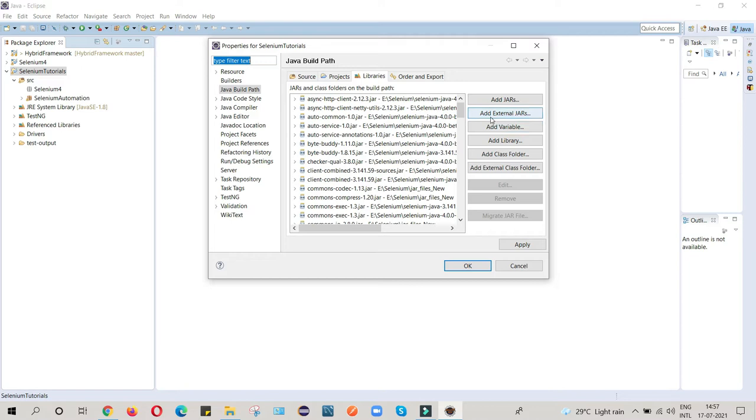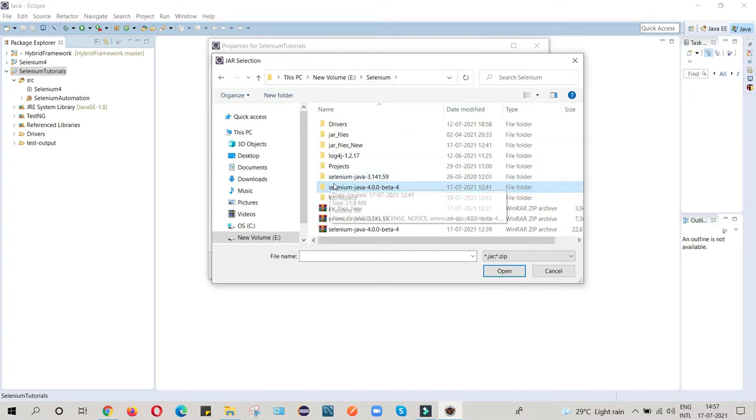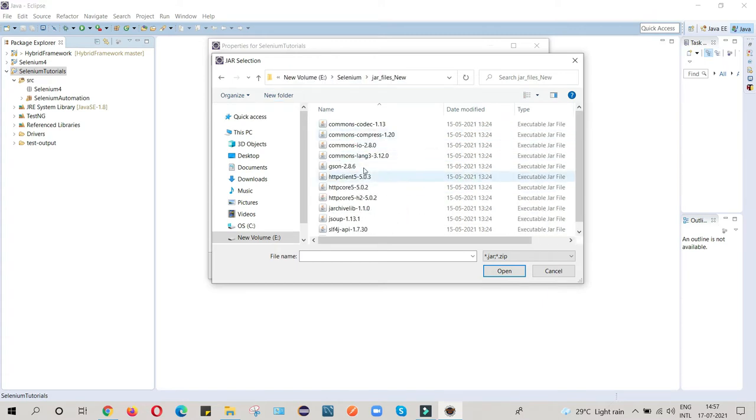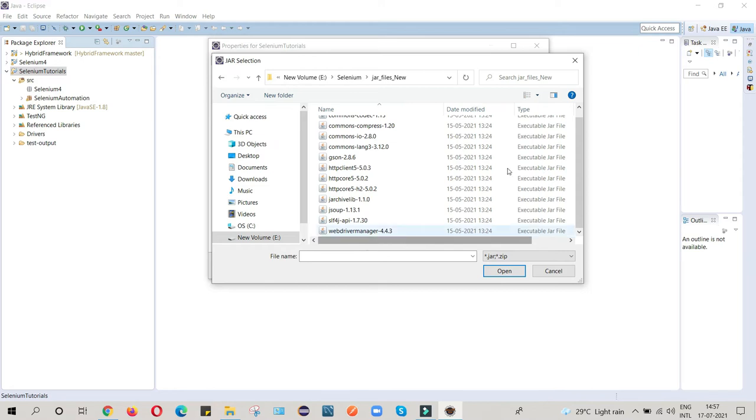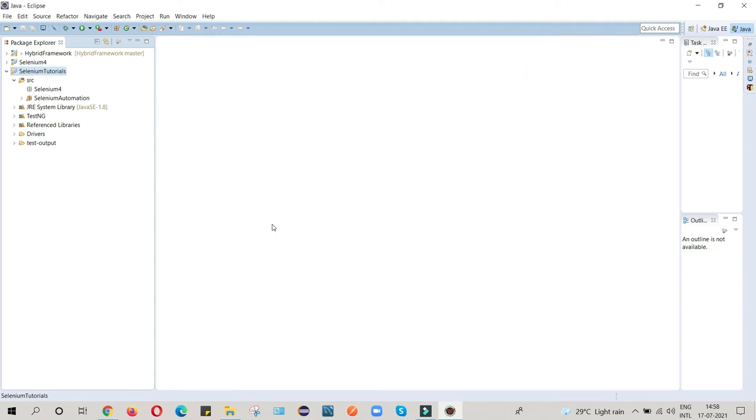Click on Add External JARs, go to the folder where you saved all your jar files, and copy all these files, also including the lib folder. You can also download the WebDriver Manager jar. Here you can see WebDriver Manager. Once you put all the jars here, click Apply and OK. I have already done this.